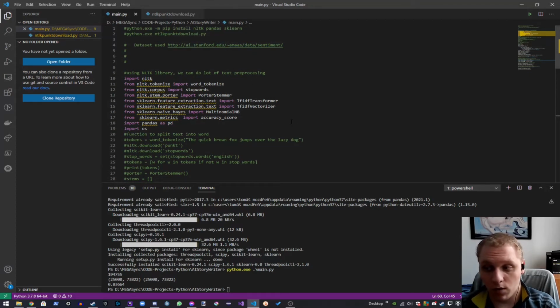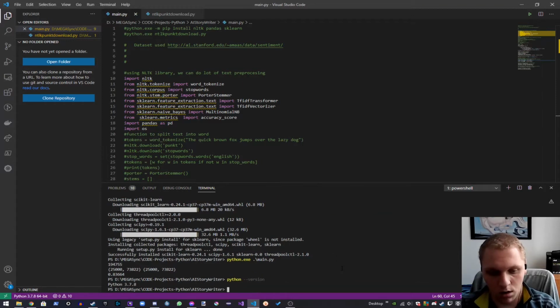If you're wondering, the version of Python I'm using is, I actually don't know. Let me see. So it's python --version. So I'm using Python 3.7.8. I could have actually looked down in the left corner. I'm using the version that's integrated into Visual Studio. So if I have to use Visual Studio, I don't have to reinstall all my modules again. I can just use this version and be done with it.